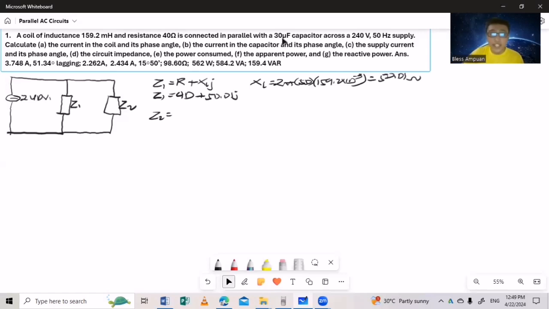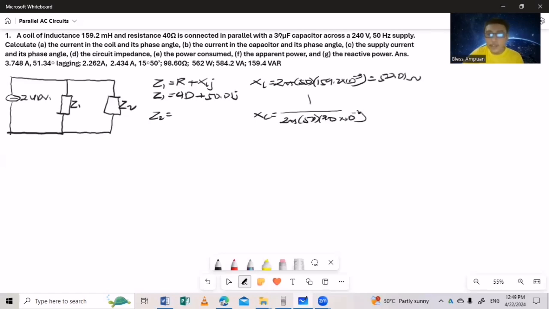So which means that first we get the X sub C. Our X sub C is just equal to 1 over 2 pi times 50 times our capacitor, 30 times 10 raised to negative 6 farad. So using your calculator we get 106.10